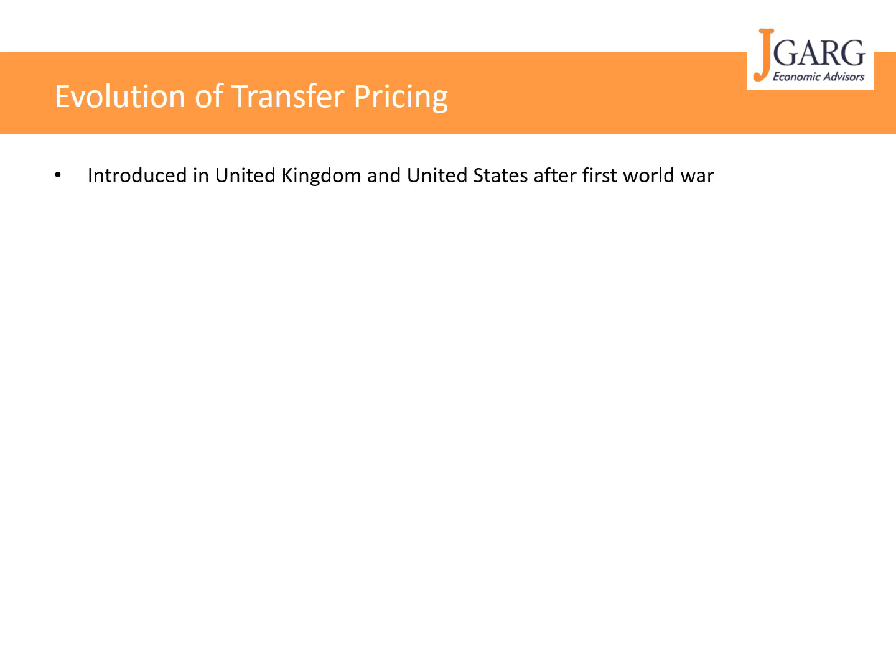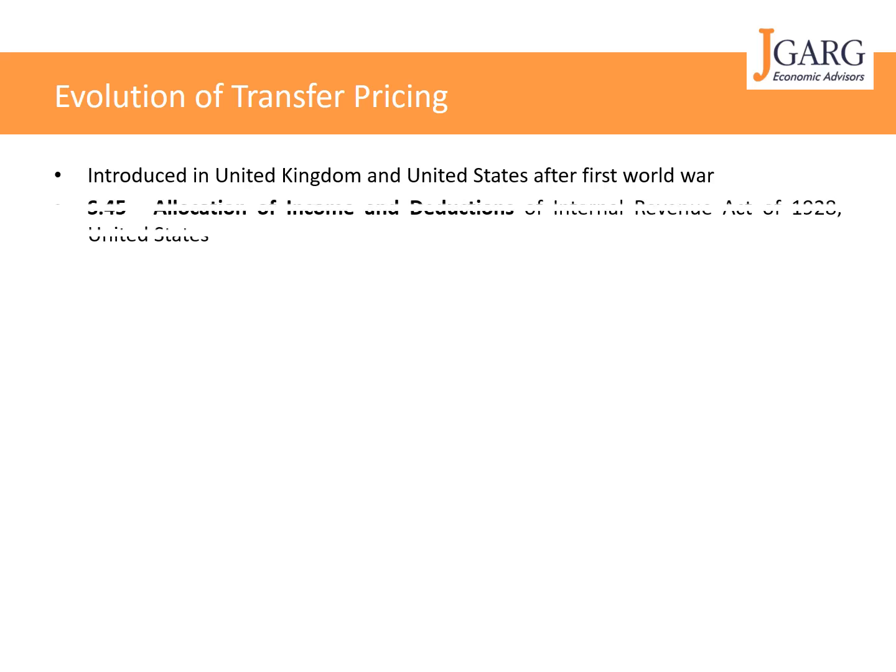So based on the literature, I understand that somewhere after the First World War, 1917 to 1920, the United Kingdom and the United States introduced transfer pricing provisions, not specifically, but some sort of a regulation or a provision within the Act. So formally in 1928, section 45 was specifically included